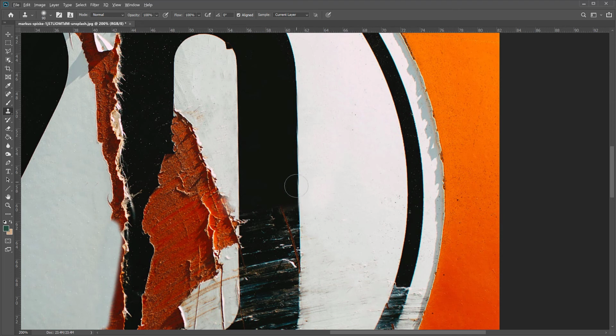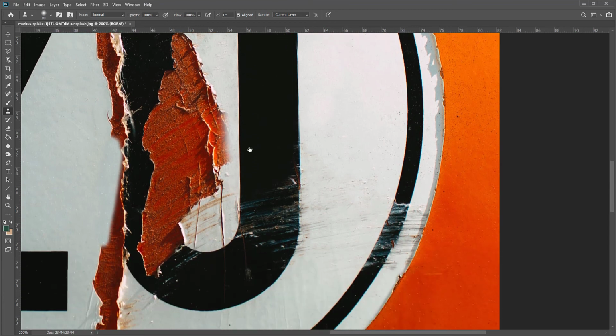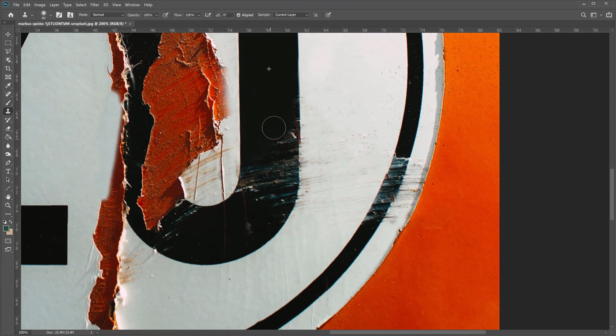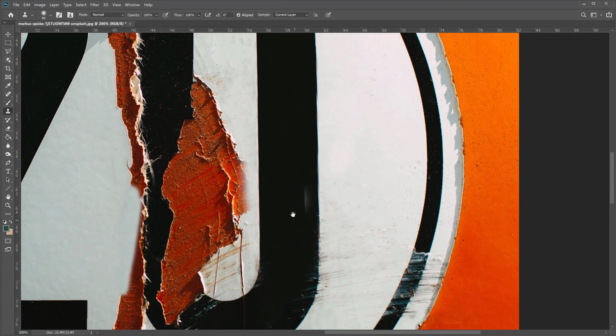If you notice that your tool is kind of cutting into it, you can click and sample it again and then go down there and keep going. So then you have the confidence that that side is going to just align with the other bit. This not only works on vertical or horizontal stuff, you can do it at different angles like we've done on the number 2 there. Okay, so I fixed a big chunk of this